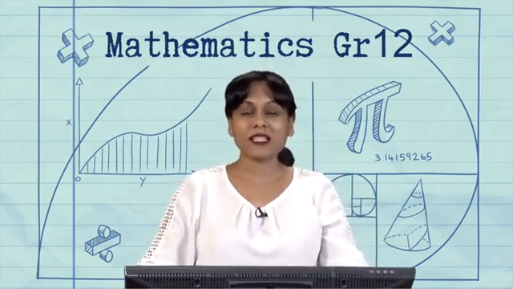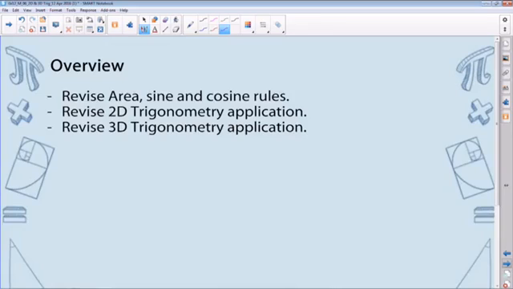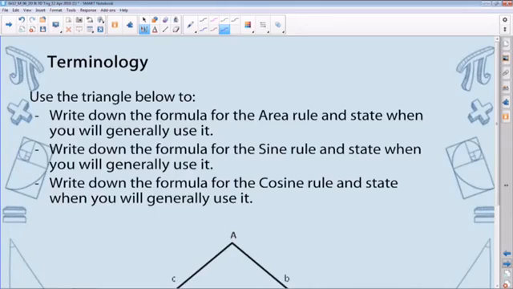We're going to revise some of the area, cos, and sine rules that you have done so far. So area, sine, and cosine rules. We're also going to revise 2D trigonometry application, and we will be looking at some 3D trigonometry application as well. All right, so there's quite a few things that you have learned up until this point, and so it's important